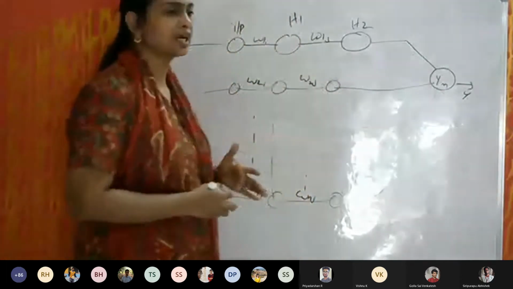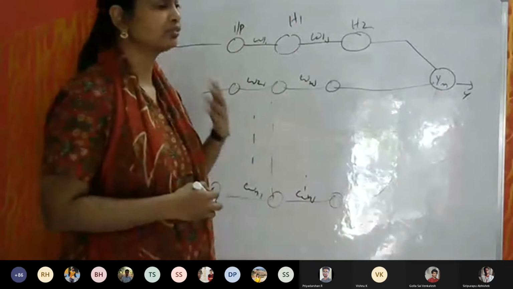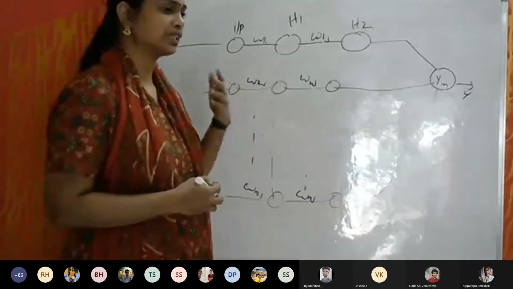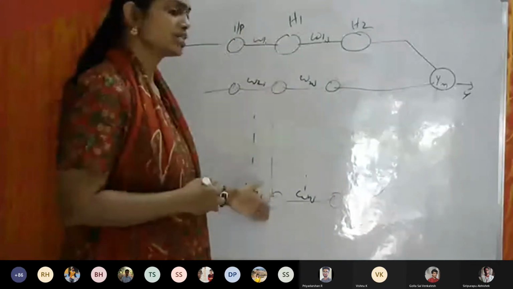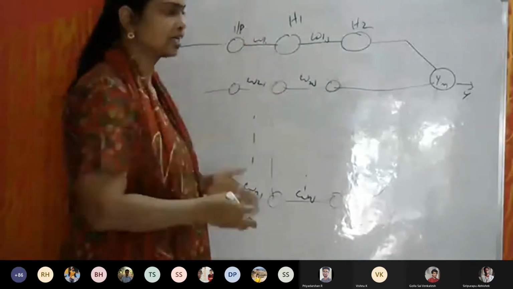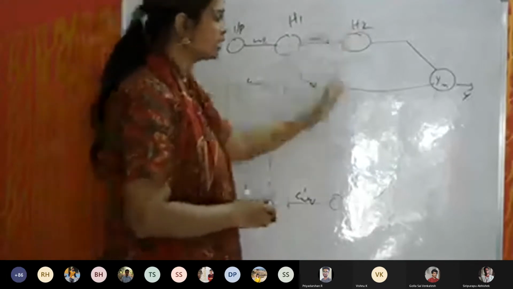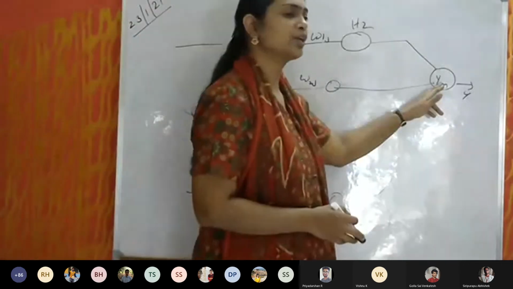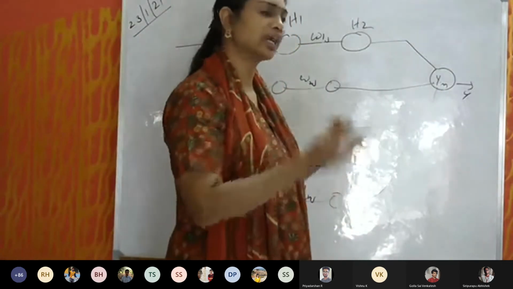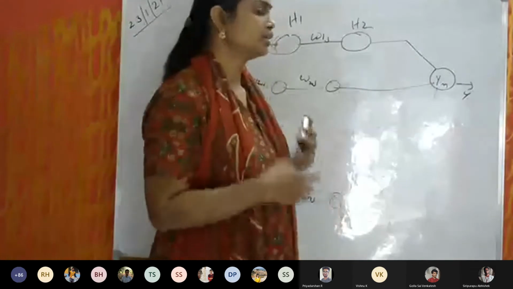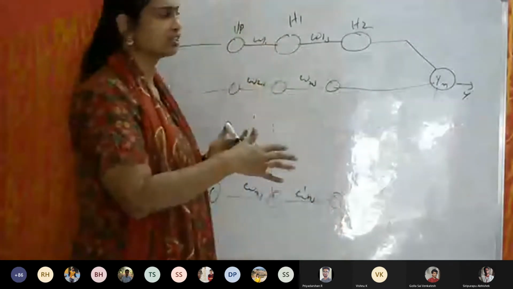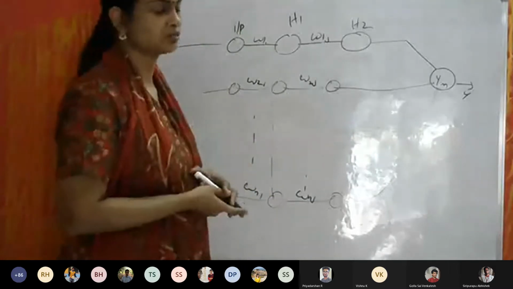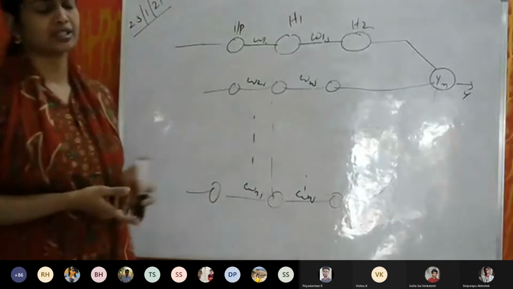In this neural network architecture, the designer has the full freedom to design what activation function can be given at each layer. For all the neurons in one layer, you can set one activation function. And in this layer, for all the neurons, you can give one activation function. And for the final one, you can give one activation function. So it can be separate, anything you can give. There is no common activation function for the entire neural network. It is your choice, and depends on the problem statement that you are trying to address.